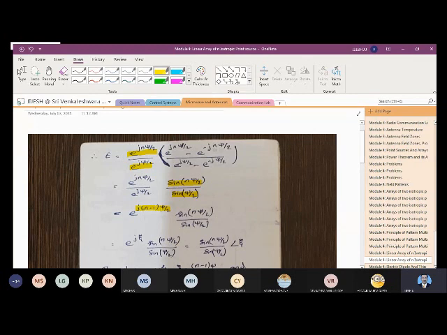So n minus 1 psi by 2, I am going to replace this n minus 1 psi by 2 with this notation eta. So this notation you can just write for replacing the term n minus 1 psi by 2. So it will be e to the power of j eta sine n psi by 2 by sine psi by 2. So when you simplify it further or rewrite the equation, you will get sine n psi by 2 by sine psi by 2 angle eta. So I have just replaced n minus 1 into psi by 2 by a term eta.